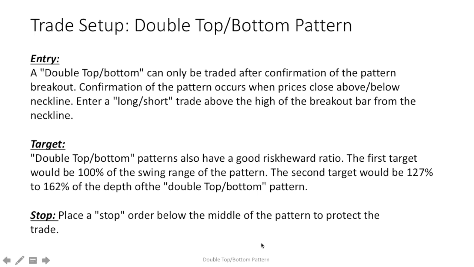So what is the trade setup for the double top and double bottom pattern? You have to take entry after the confirmation of the pattern breakout. You can go long or short according to your pattern. What is the target? We have already discussed, the neckline point minus low or high, that is your target. Once it is achieved, you can go for 120% and 162% also. And what is the stop loss? We have already discussed, 50% of the difference. So identify the pattern, double top and double bottom, and trade according to your risk management. Thank you.